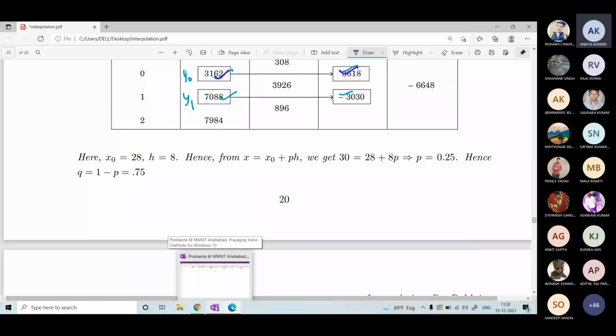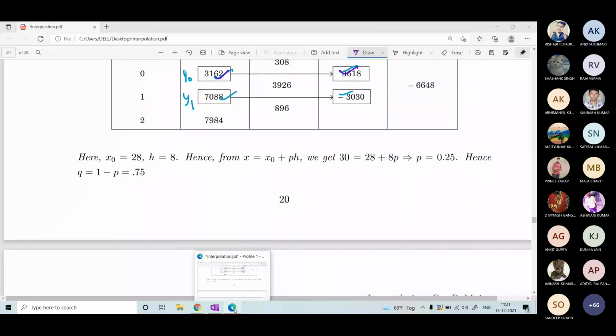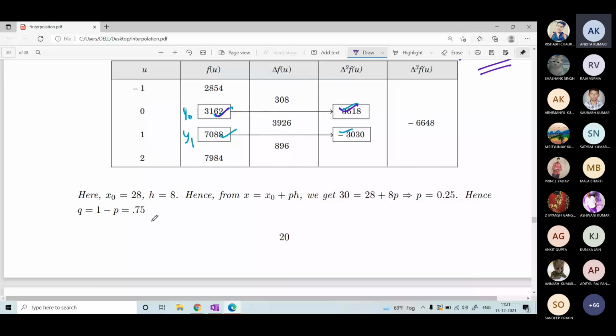Now, what will happen if the data points are unevenly spaced? So you cannot apply these. You cannot apply Newton's forward difference formula, Newton's backward difference formula, Stirling's, Bessel's, Everett's, Gauss forward, Gauss backward. So we are going to study a few more methods which are applicable to any kind of data set, especially for unevenly spaced data. They will be Lagrange's interpolation formula and Newton's divided difference formula. Okay, so we are going to study them in detail. Now tell me, out of all the interpolation methods we have studied so far, which are recursive in nature?